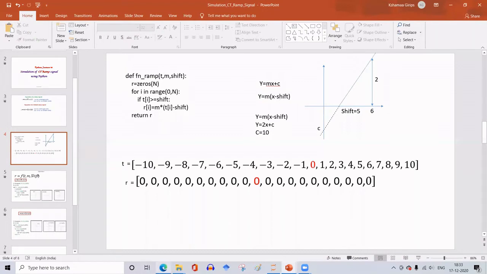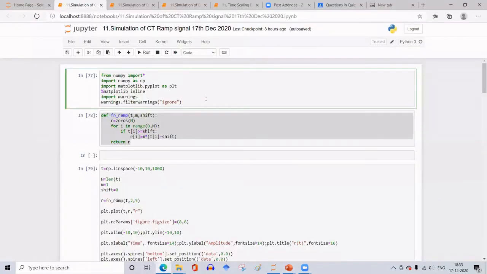Okay. So let me come to the Jupyter Notebook. What are the necessary libraries that we have to import? First one is NumPy. Import all the functions of that, and also import it as a short form, np. Then matplotlib dot pyplot as plt. Then give this magic command, which is matplotlib inline, to get the graph inline.